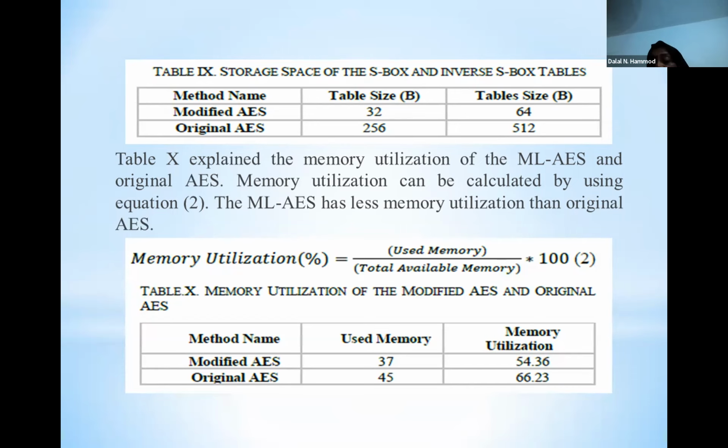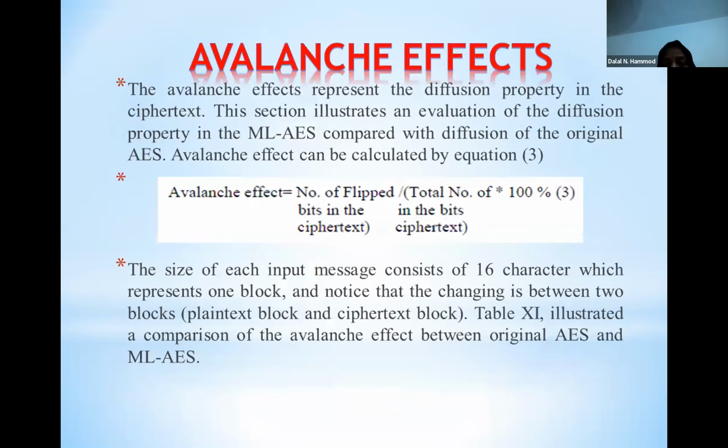and the memory utilization is 54.36, and the original AES used 45 of the memory, with memory utilization 66.23. For the avalanche effect, we use equation 3 for the calculation, and we have